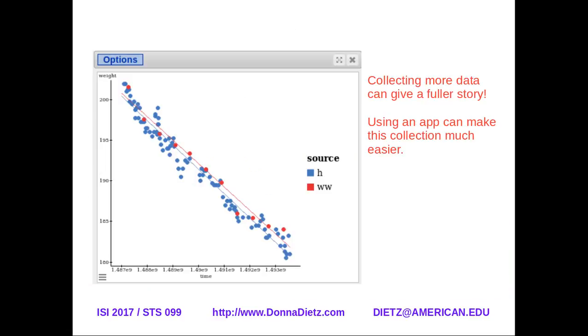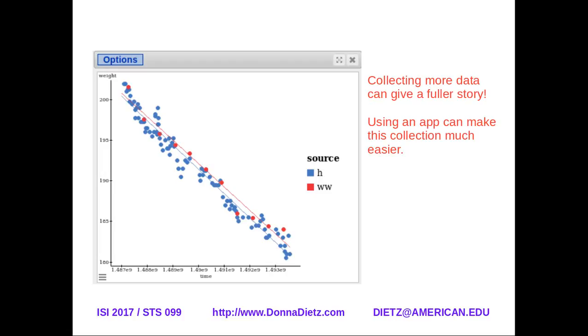And this is what data will look like. This is real data. You can see the blue dots are the daily readings, and since there are more of them, they tell a more complete story, and therefore a better story than the red weekly dots. If you take readings weekly, the best you can do is play connect the dots from week to week, and this person might become discouraged. For example,